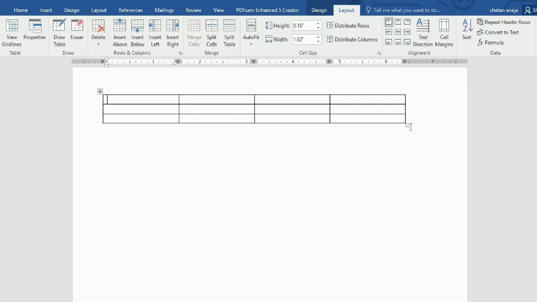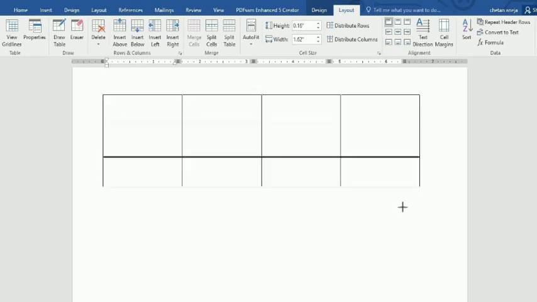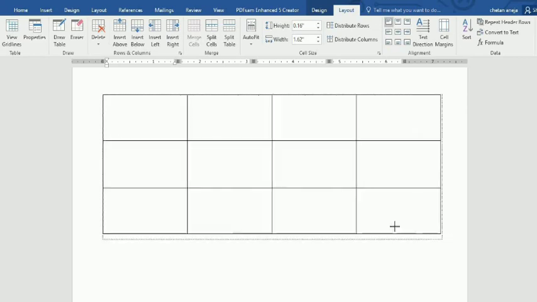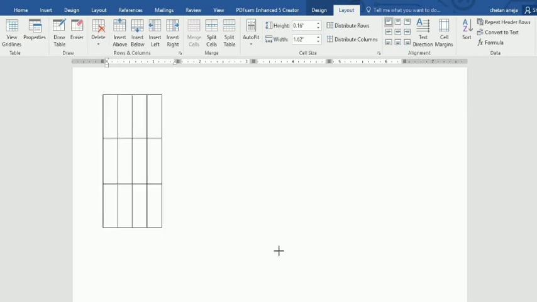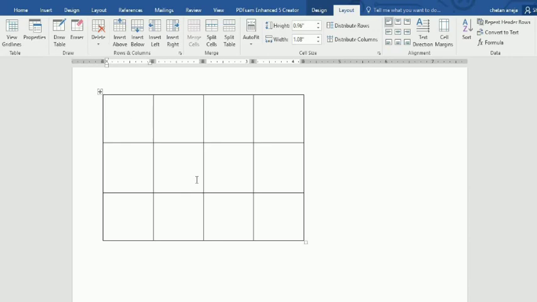When I move my cursor over the box, you can see my cursor's shape is changing. So I will click here, and in this way I can change the size of my table. So in this way I can move my table and change its size.